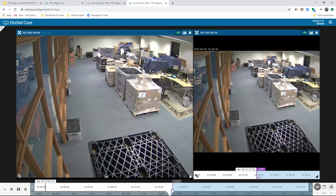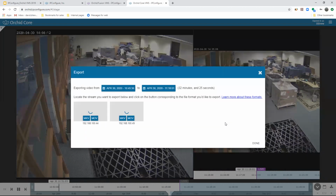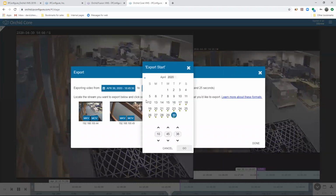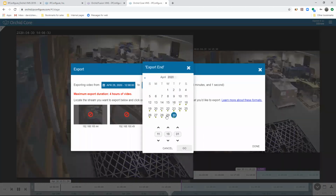Downloading video is very simple. You can either set your timeline bar down here to the window that you're looking for, the loop you're looking for on the download, and click this download icon, or I can leave it wide open as large as I want and hit the download icon and refine what I'm looking for. So if I want to export video on the 29th from noon to 1 p.m., I can go over here and go 12 o'clock and specifically start my video at noon. And then I can say I want to go to the 29th at 1300. So I'm exporting 1 hour of video